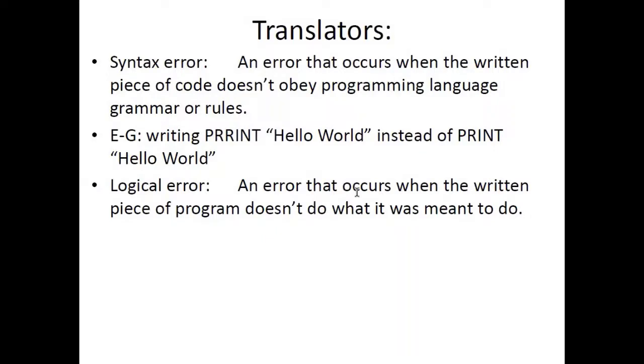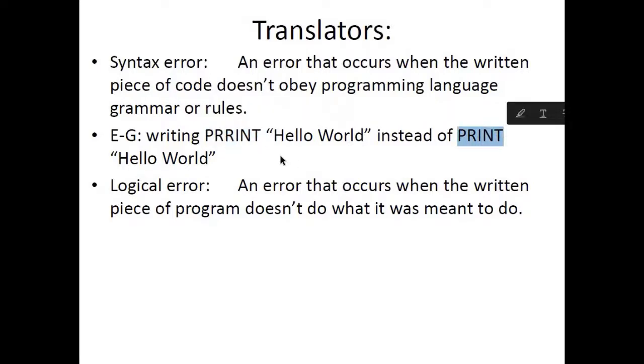Now we have discussed errors in programs. There are two types of errors when you are writing something in a programming language. One is known as a syntax error and the other is known as a logical error. A syntax error is an error that occurs when the written piece of code doesn't obey programming language grammar or rules. For example, the word print,